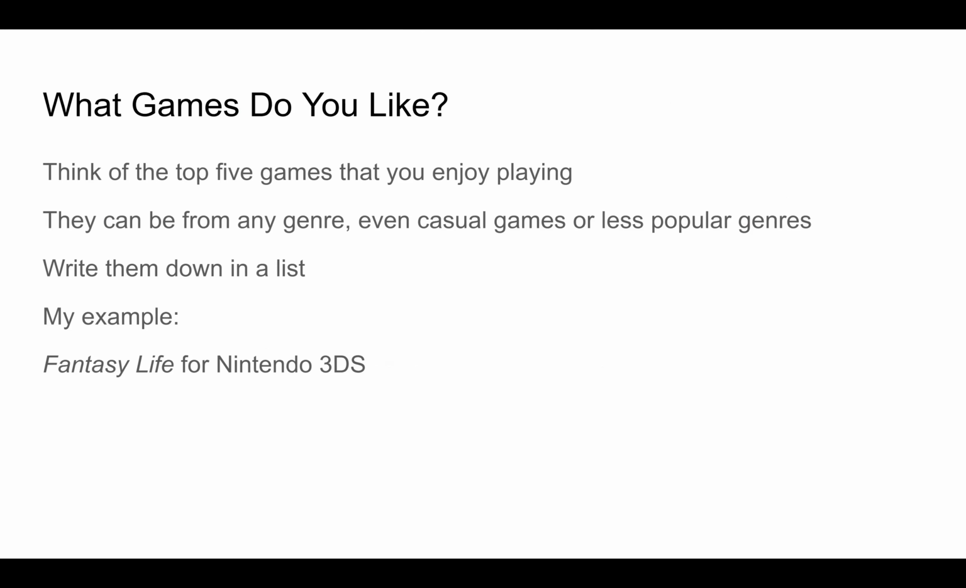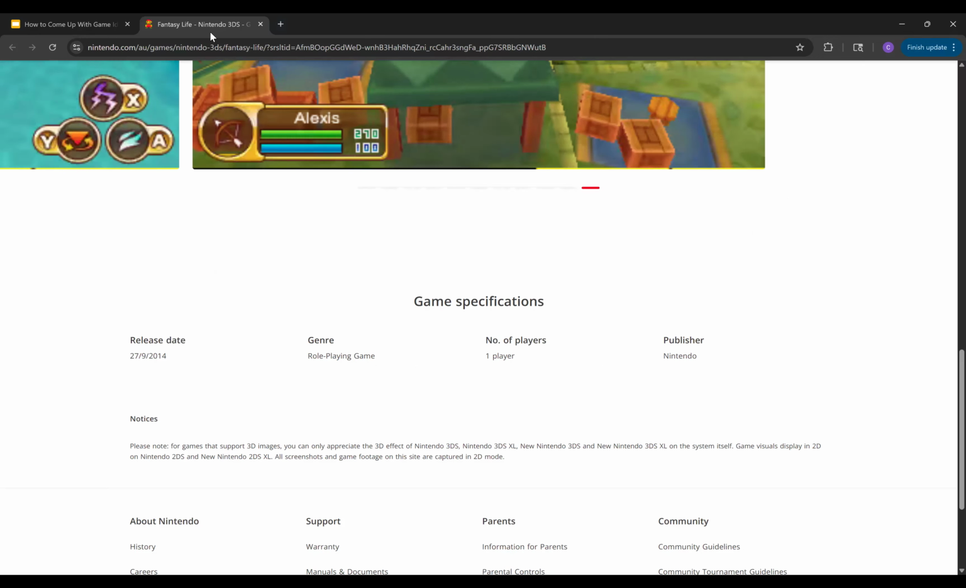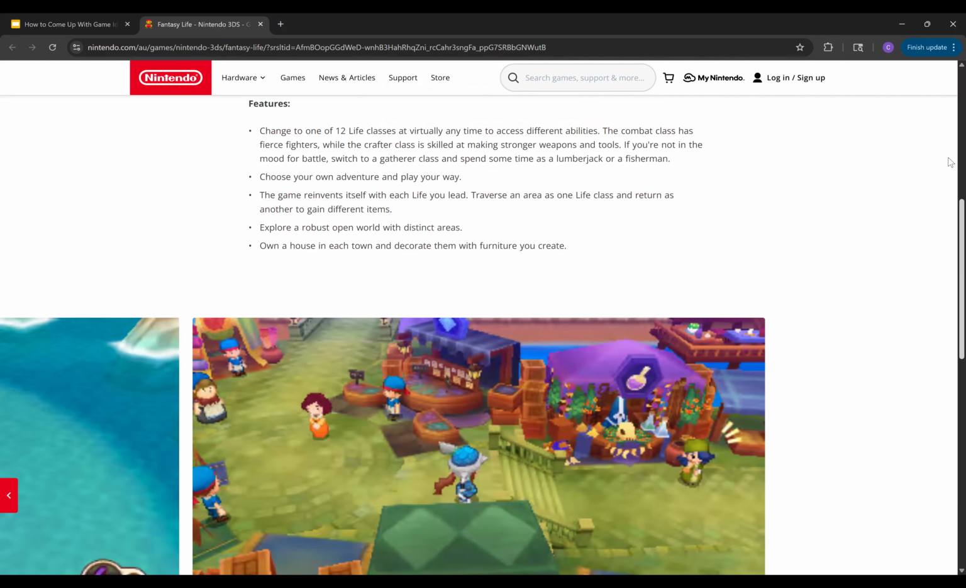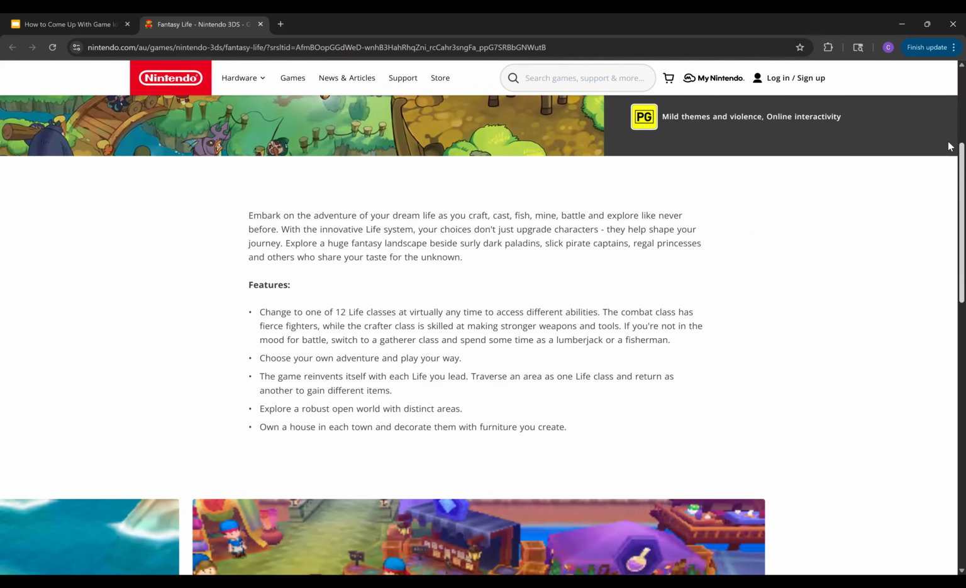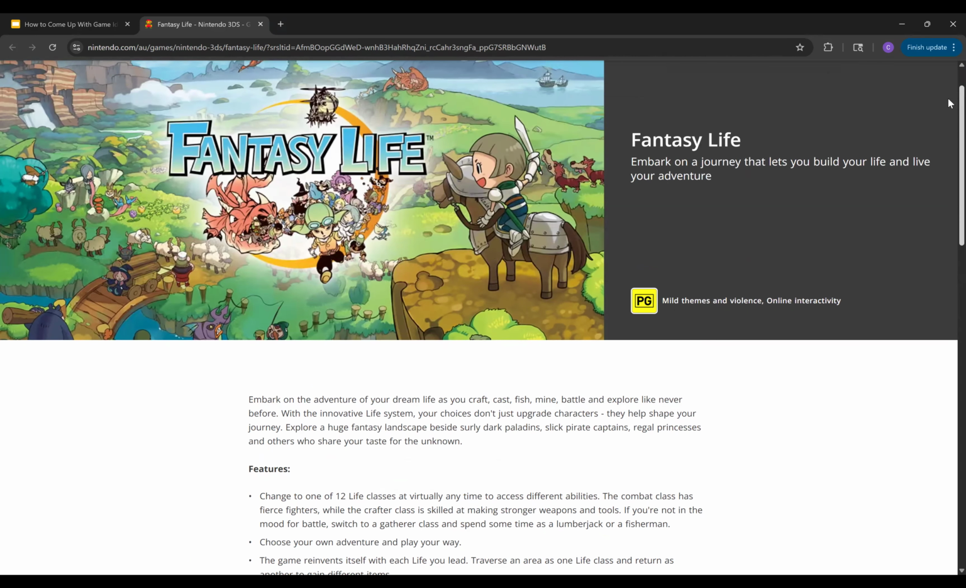All right, so the first example that I'm going to share with you guys, I'm going to just pick a game. And lately I've been playing an older game called Fantasy Life for Nintendo 3DS. And let me just show you guys that game really quickly. It's a role-playing game, an RPG. And basically, the idea is that you get to play a character where you can choose, what is it? I think like 12 different jobs,